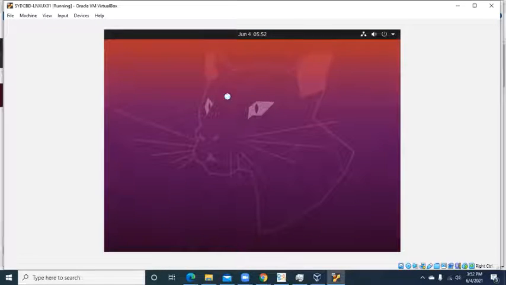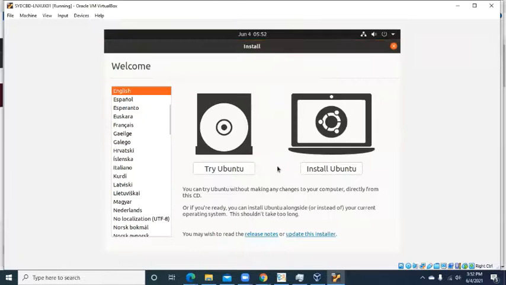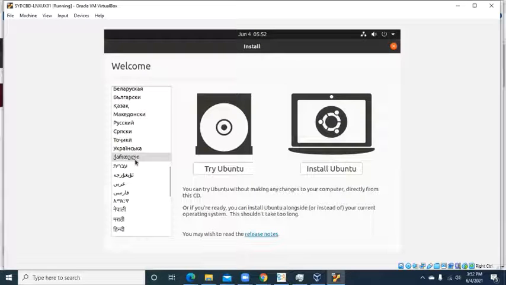So you can see that there's a typical installer screen. It's going to show me the first screen, hopefully, where it's going to ask me to install or to try. I'm going to install it. I can choose the language, the default language, and you can see a lot of languages